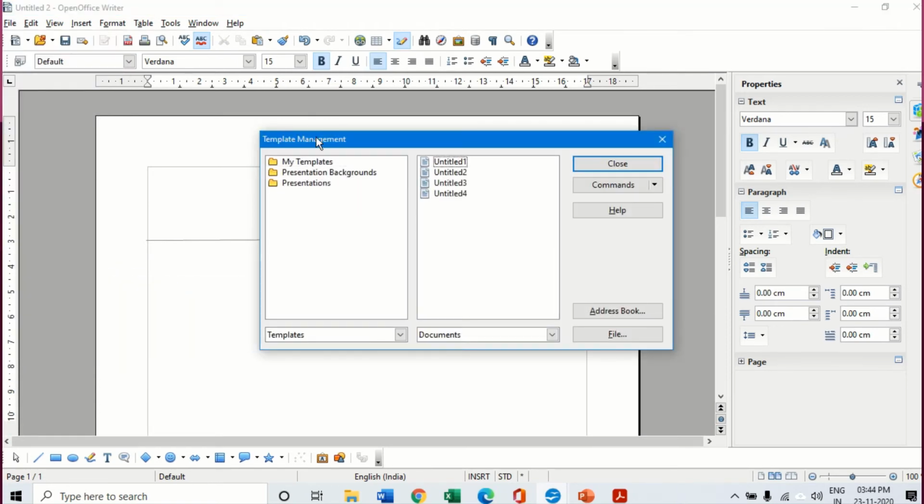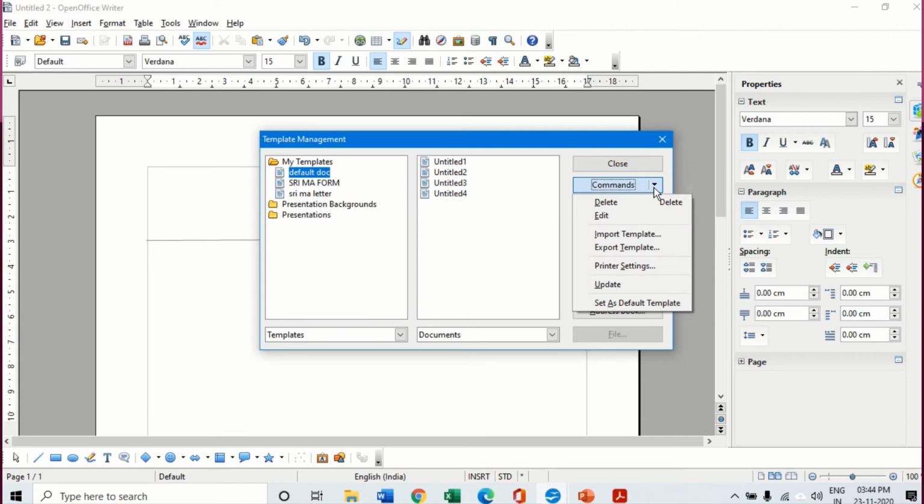In organize, under my templates, I select the default doc which I just created, click on the commands option and then click on set as default template. Once again, I'll show you. Go into the template management. In my templates, I select this default doc which I just created, and click under commands and click on set as default template.